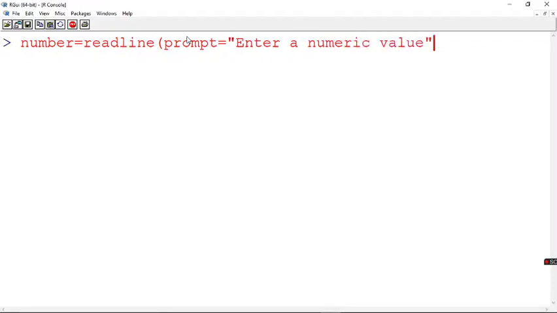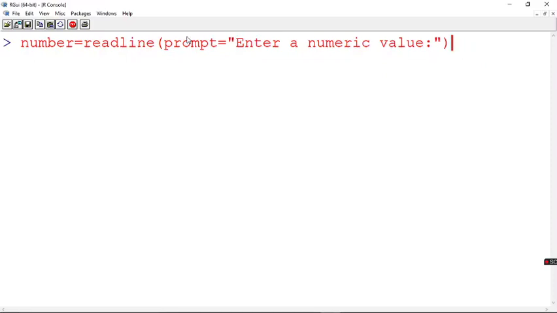I can even have a colon, and I close my prompt. When I execute this statement, it will say enter a numeric value and it will wait. Our compiler will wait till the user gives an input. Let's see how it works now.